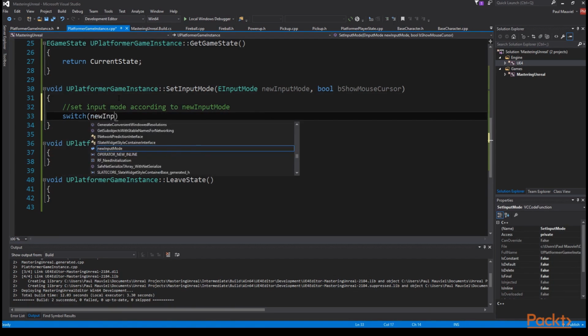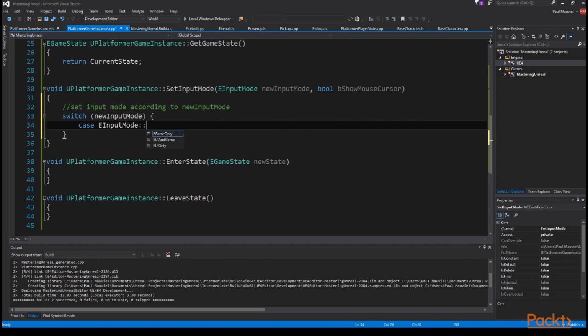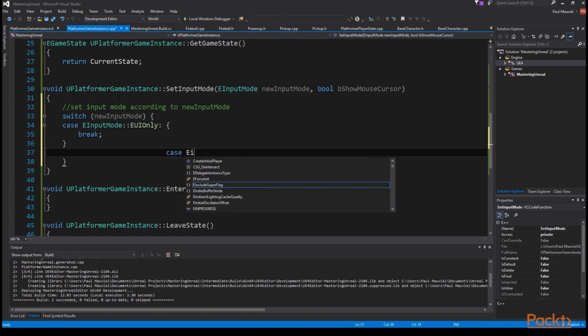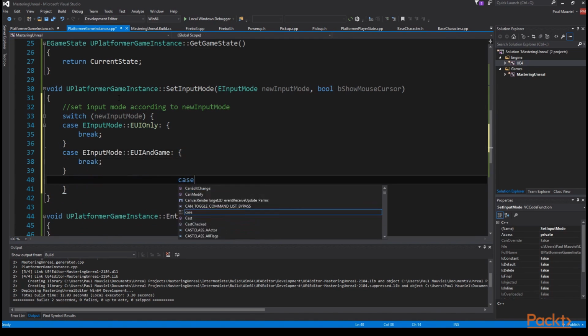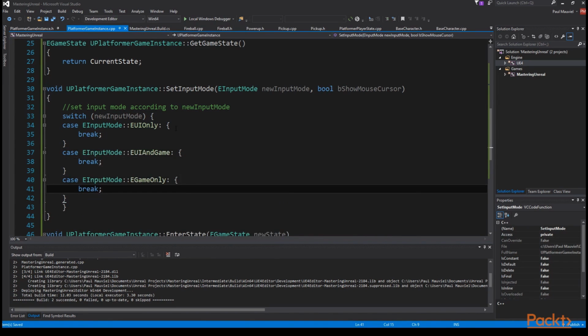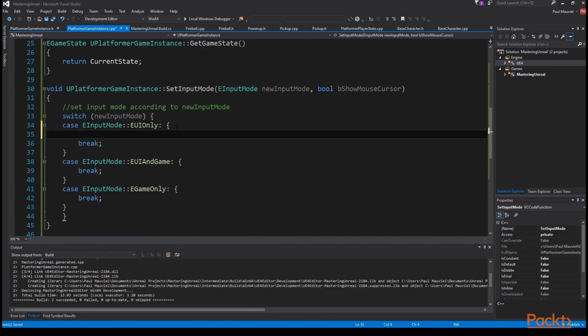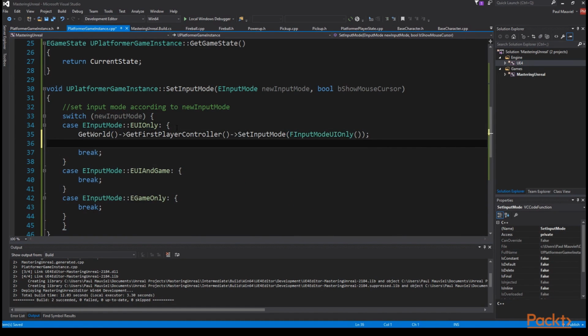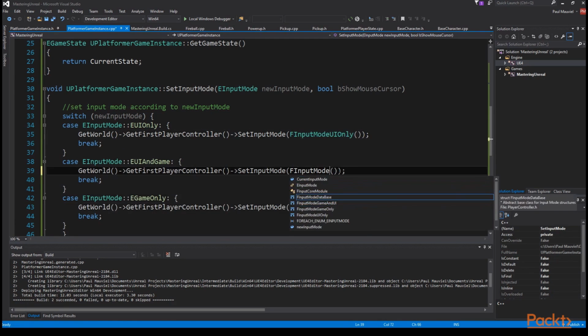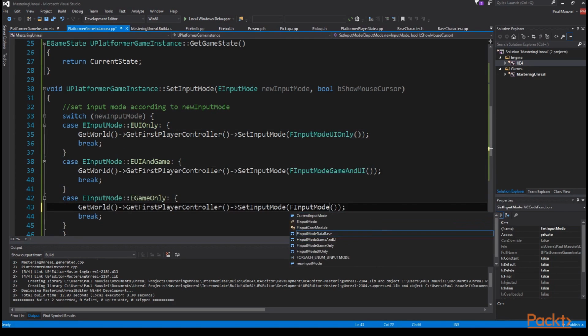So we'll call switch NewInputMode, case InputMode::EUIOnly, case InputMode::EUIAndGame, and case InputMode::EGameOnly. And within UIOnly, we're going to call GetWorld, GetFirstPlayerController, SetInputMode, InputMode UIOnly. And then we'll call break. In our UIAndGame, we'll do GetWorld, GetFirstPlayerController, SetInputMode, InputMode GameAndUI, break, and finally in GameOnly, GetWorld, GetFirstPlayerController, SetInputMode, InputMode GameOnly,